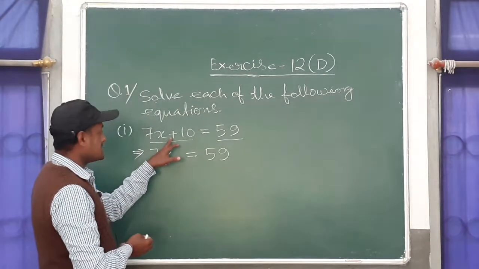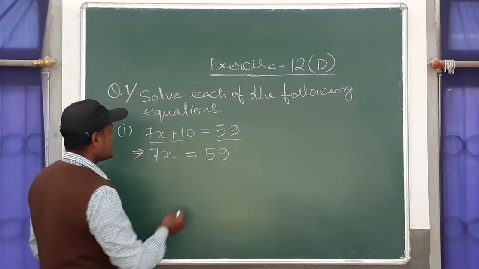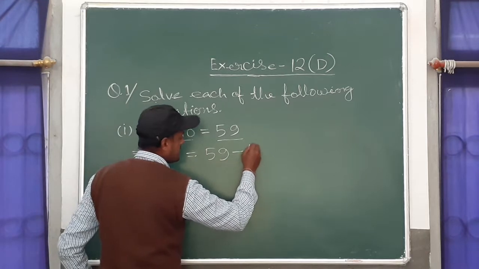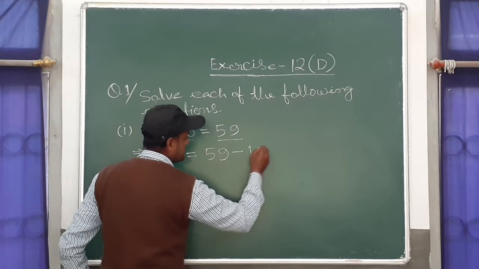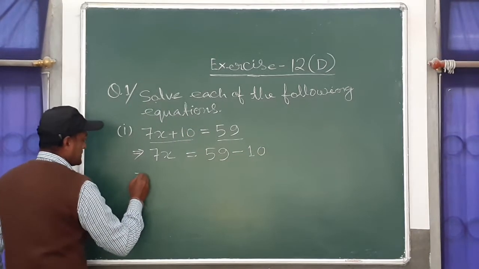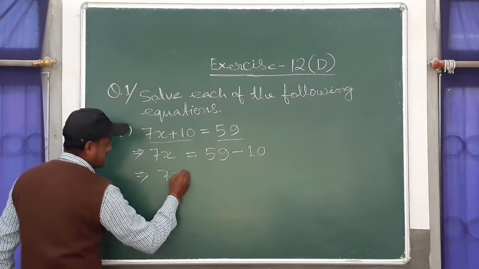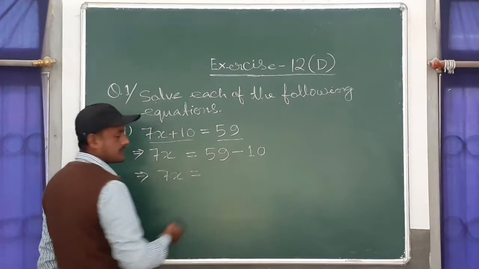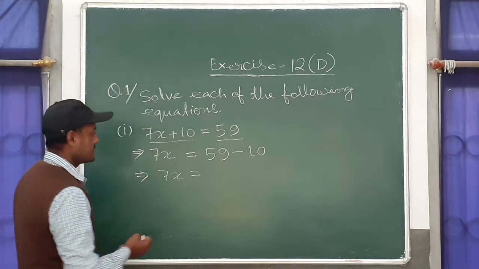Now when we shift this plus 10 from the left hand side to the right hand side, the sign will change. So what sign is here? Here is a plus sign. So now we have to write here minus 10. The sign will change. Next line, 7x is equal to, if you subtract 59 minus 10, we will get